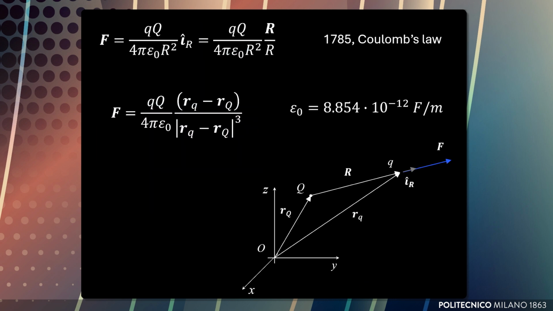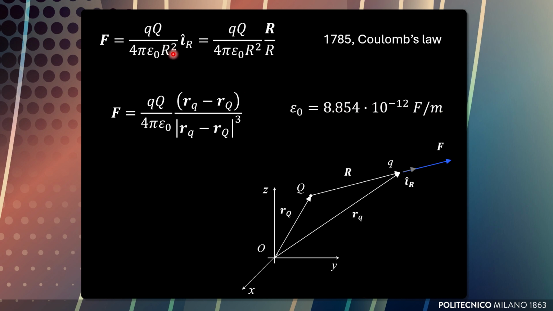In 1785, Charles Coulomb discovered that between two charges there exists a force. Such force is attractive if the charges have opposite sign, and repulsive if they have the same sign. This expression represents the force acting on a probe charge lowercase q due to capital Q. The other parameters that are present in addition to the value of the two charges are epsilon naught, which is the permittivity of vacuum, also called dielectric constant of vacuum, which is measured in farad per meter in MKS system. The value is shown here.